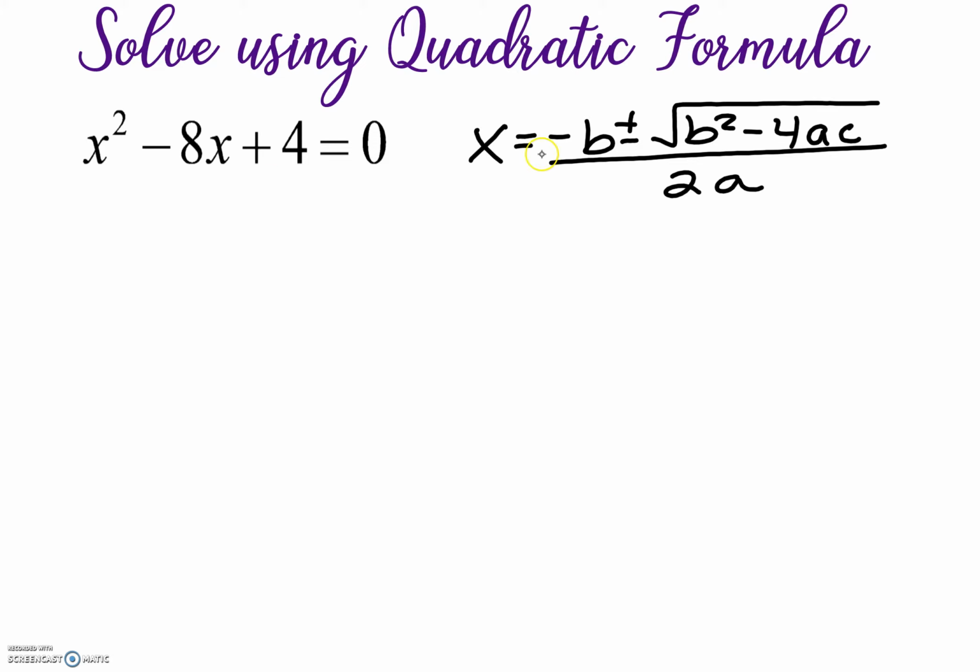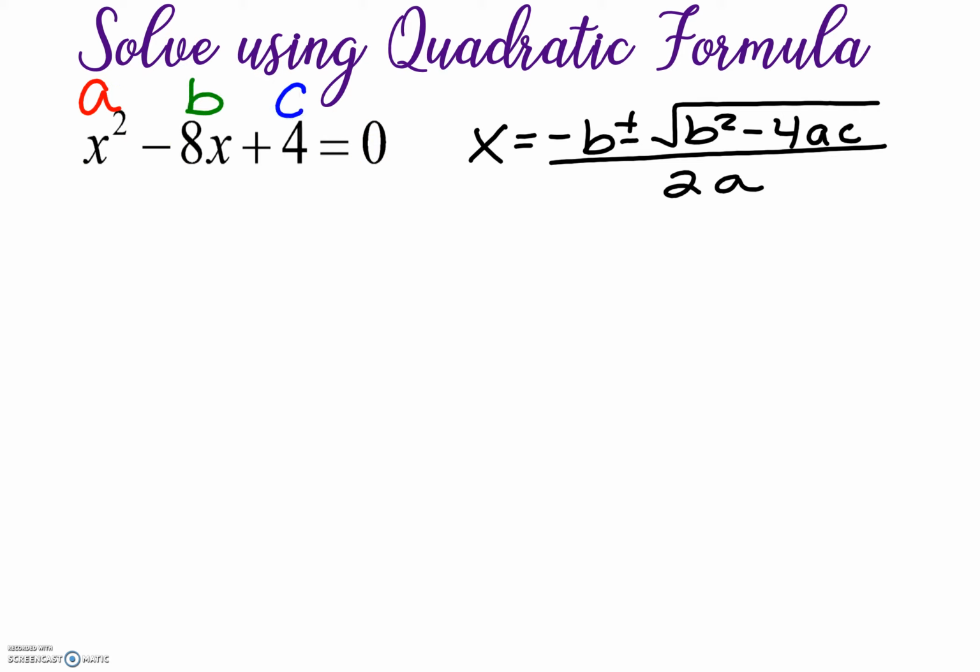which states x equals negative b plus or minus the square root of b squared minus 4ac all over 2a. So once we notice that we can't factor the quadratic, one of the methods is the quadratic formula, and we need to make sure that our trinomial is set equal to 0 like it already is. Once we see that it's set equal to 0, we need to identify our a, our b, and our c